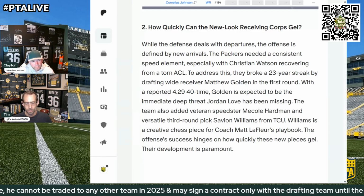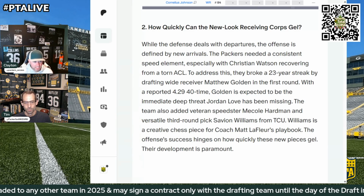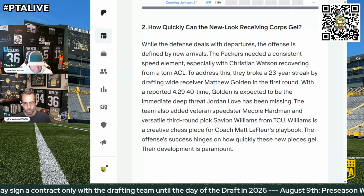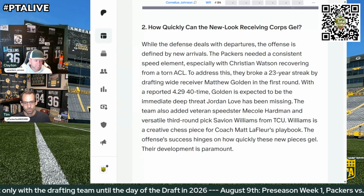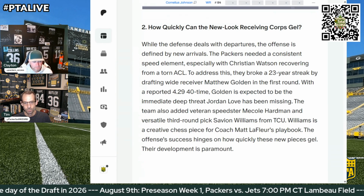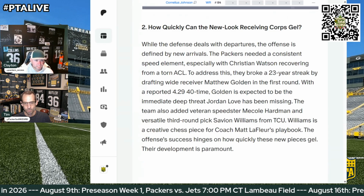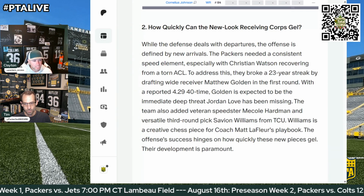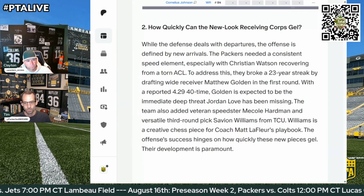When you look to add a piece to the puzzle that is your National Football League football team, whether it's the Packers or whatever team, it's not just, okay, this guy's going to play receiver. It's where are you going to use them in terms of deployment? Feels like Matthew Golden is more of a Z. Savon might be that guy they try to work into the F and possibly a little X as well, right,